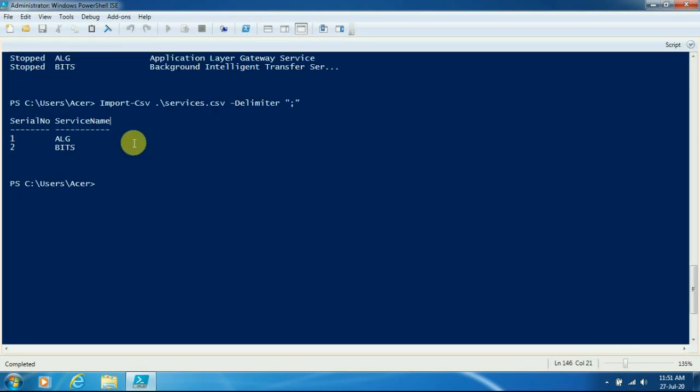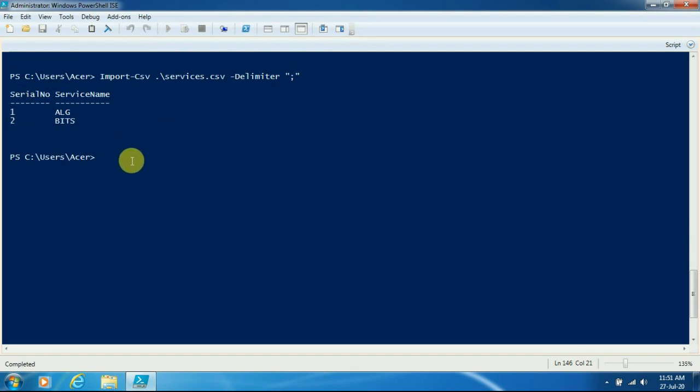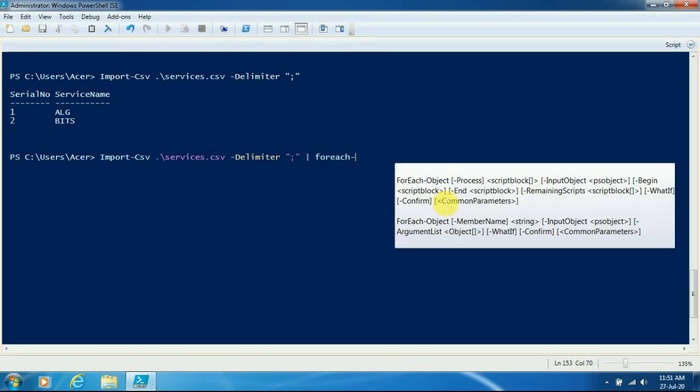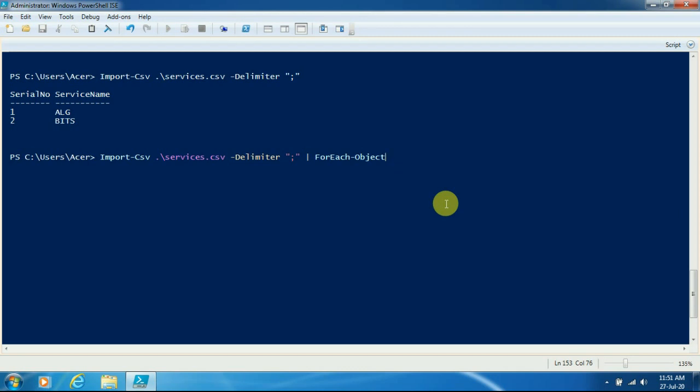Now if I want to feed this output as input to another cmdlet in the pipeline, in the same line I will have to use the pipeline symbol, and after that I can use a cmdlet called ForEach-Object.